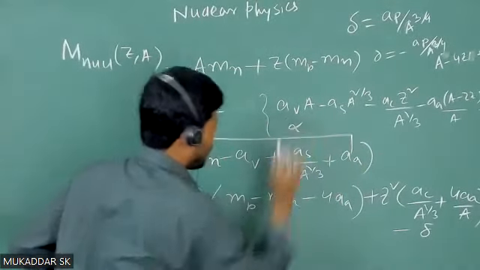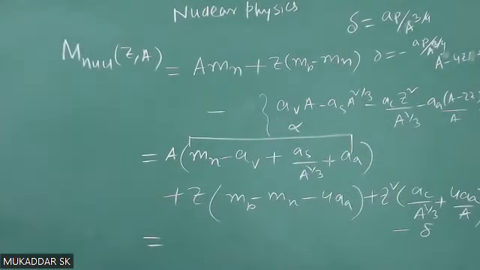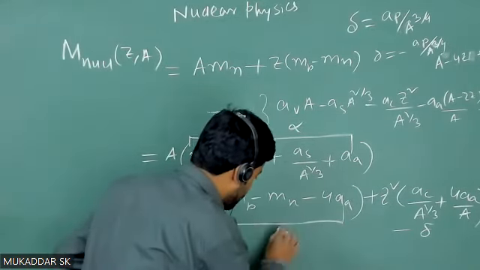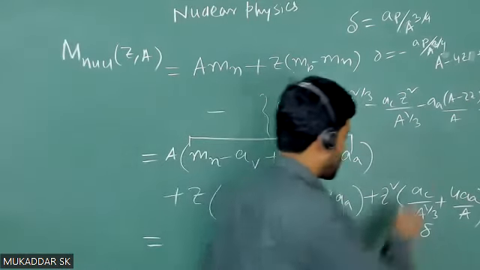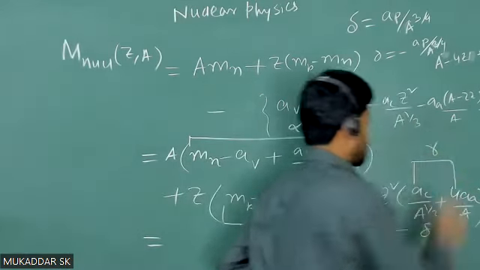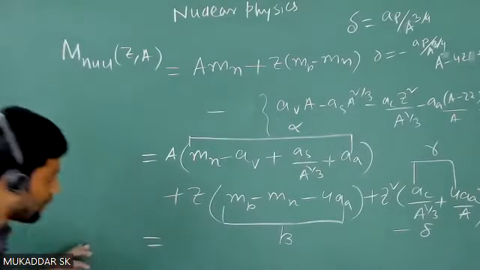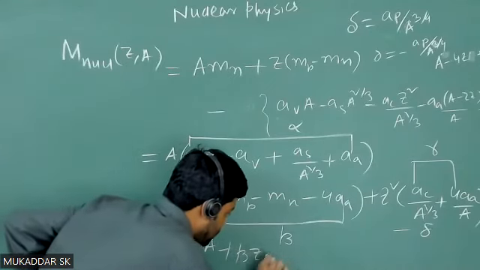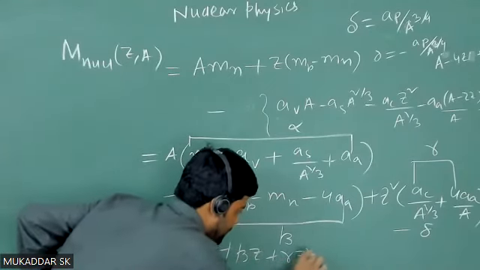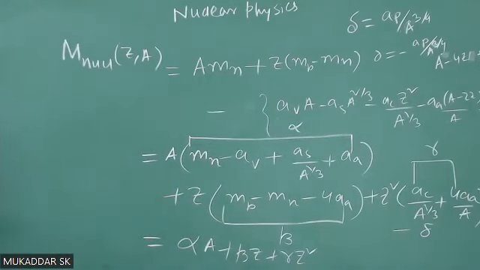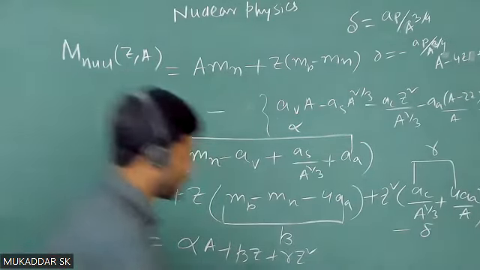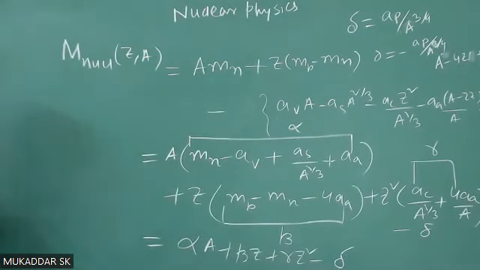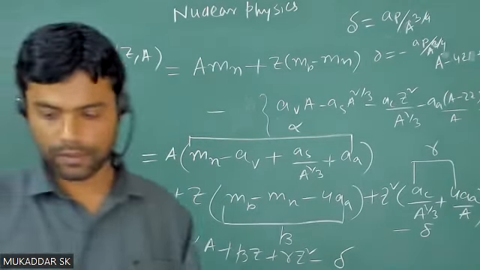I assume this will be your alpha. A का कोफिशिएंट अल्फा है, जेड का कोफिशिएंट को मैं बीटा एज्यूम करूंगा, और जेड स्क्वायर का कोफिशिएंट मैं गामा एज्यूम करूंगा। So now I can write alpha A plus beta Z plus gamma Z square minus delta. ठीक है,